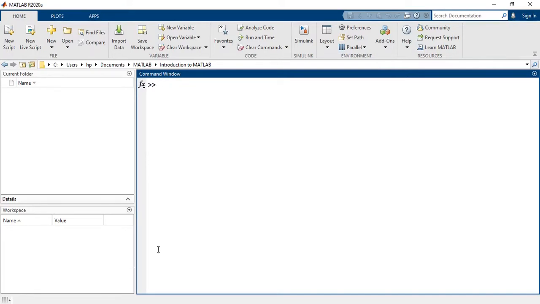On the right side, you can see the command window. It is the place where you can type and run commands. In the command window, you can see the prompt sign. That means MATLAB is ready to perform any task or run a command. Before moving to MATLAB, remember that our approach toward learning MATLAB will be practical, so most of the time we will be programming the things. It is time to start coding in MATLAB.